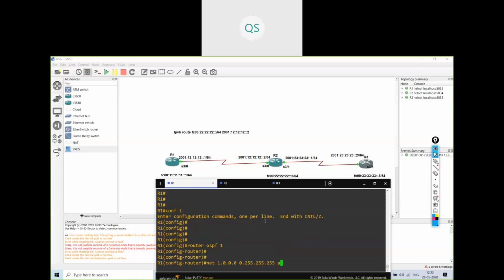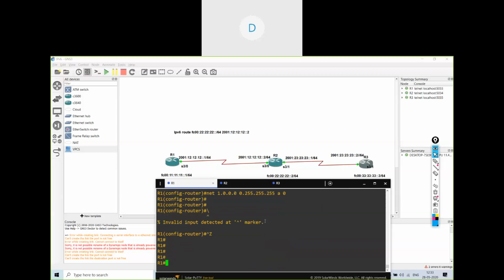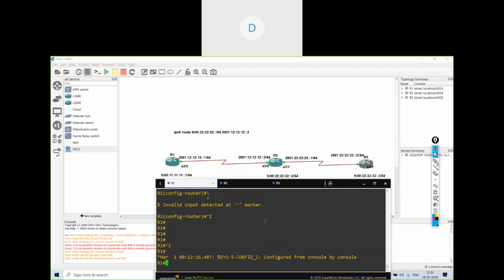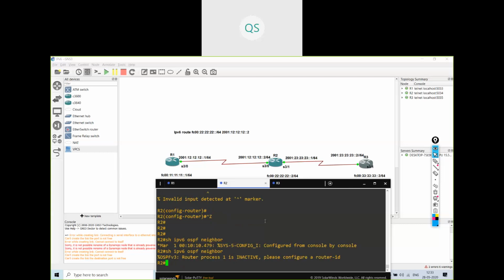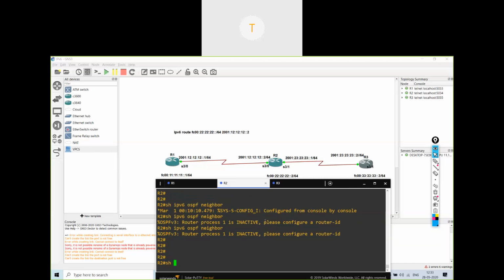So the neighborship should come up. We configured the router ID, right?